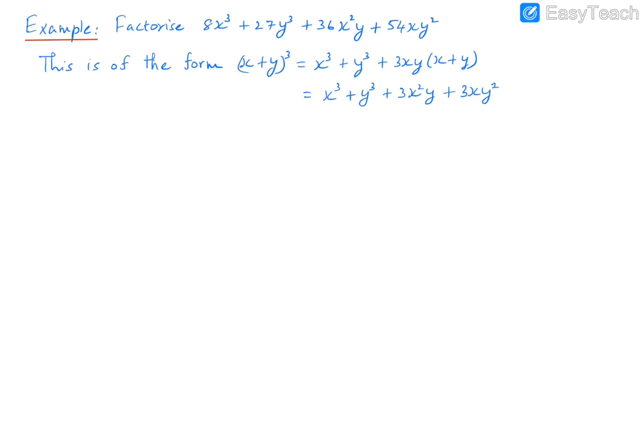So we just need to figure out what is in place of x and y, and then we will be able to represent that in this form of the identity as x plus y the whole cube, and then we should be able to get the factors of this particular algebraic expression. So let's first write down our given expression, which is 8x cubed plus 27y cubed